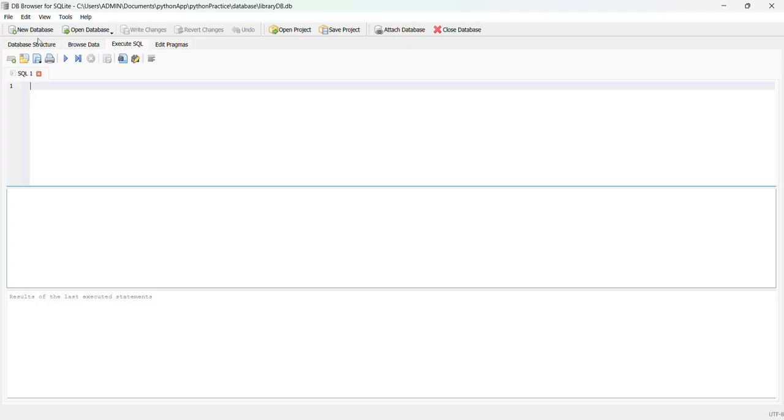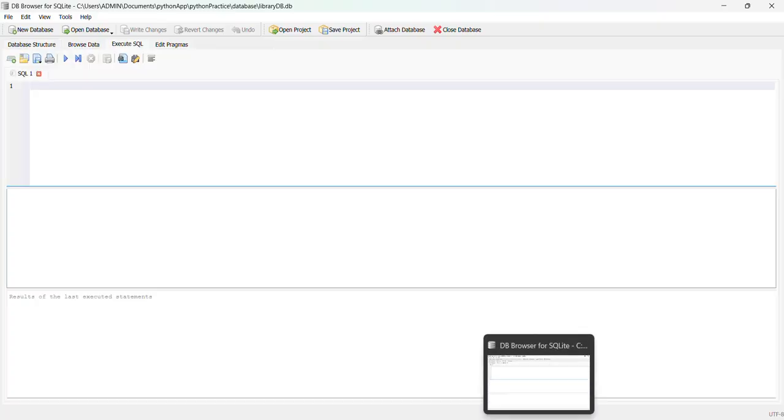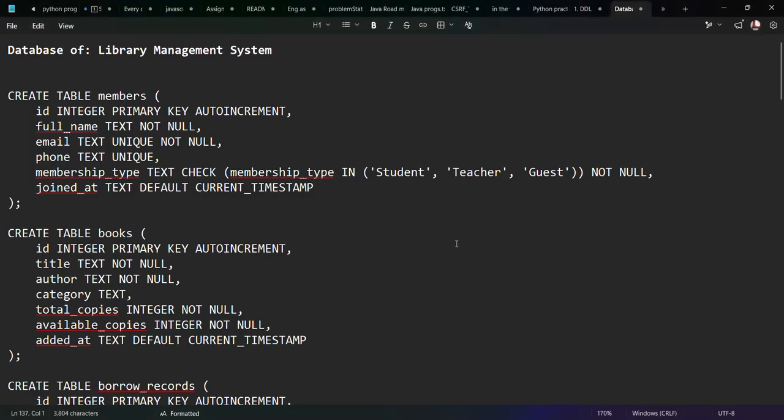Okay, now there are 0 tables. So first of all I need to create a table. If I go to my notepad, now I will explain what the library management system looks like. First of all, the member